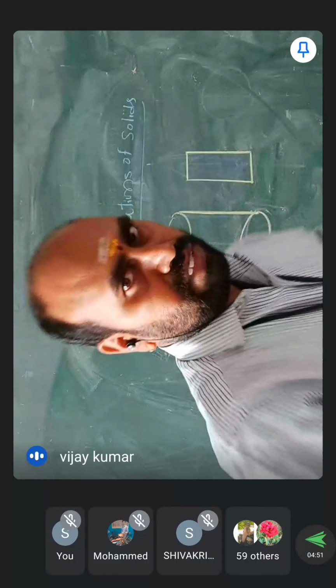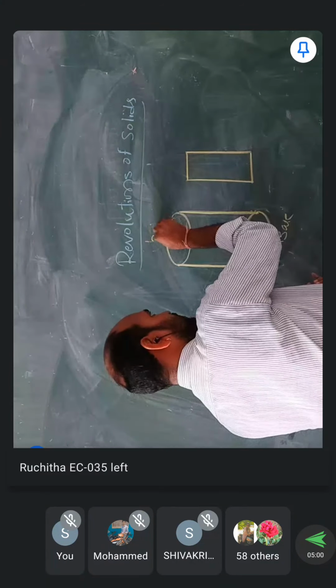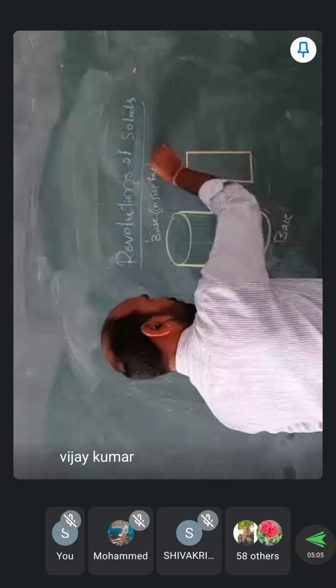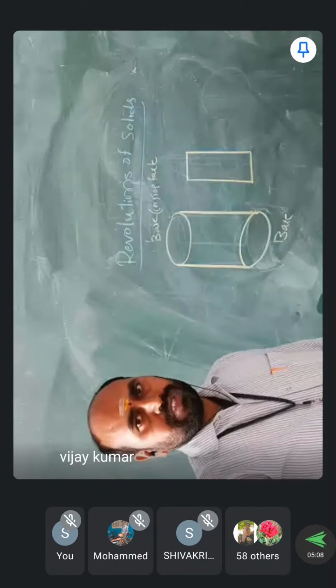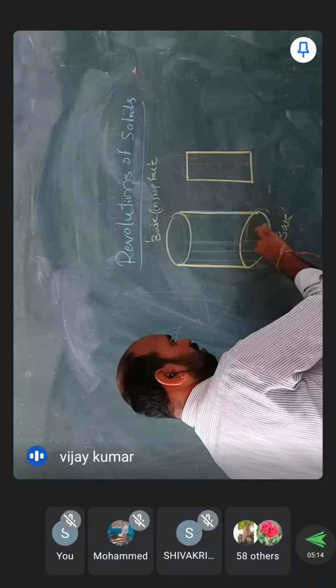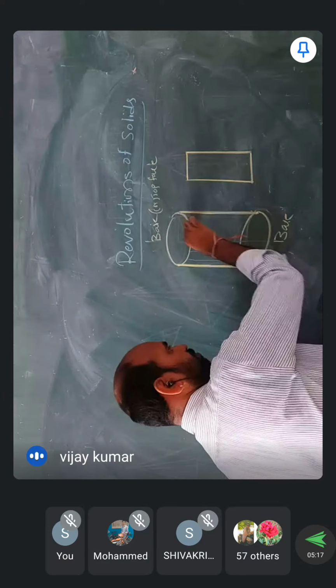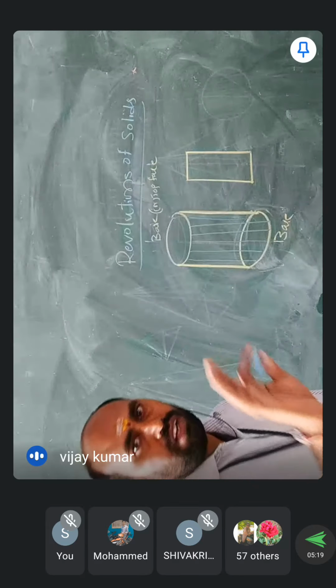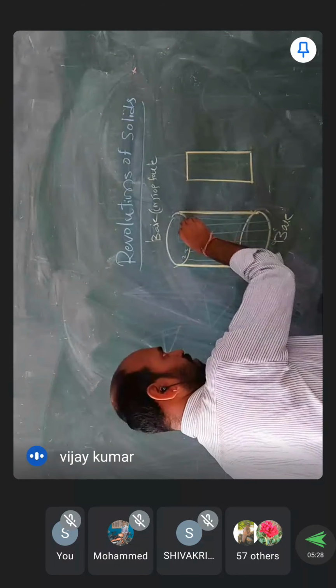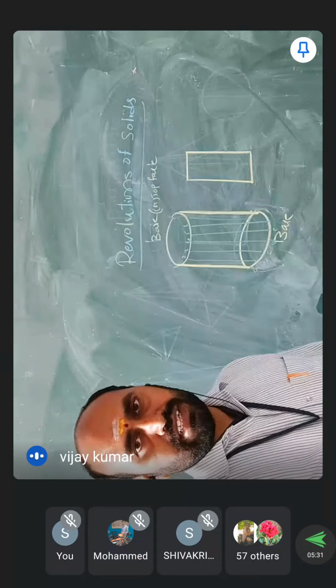But that is the thing. So what are the important parts there? This is called a base, and this is also a base. Simply the top face. This is called the top face. Some imaginary lines are taken on the circumference of a particular circle. These are not edges, but they are also represented with A, B, C, D, etc., and again 1, 2, 3, 4, 5, 6, etc. You have to give the numbering compulsorily.